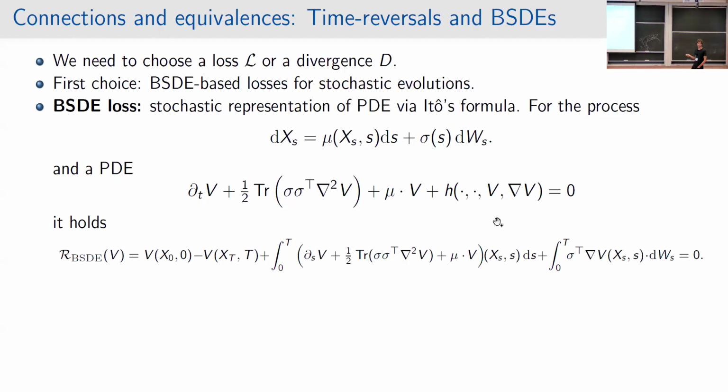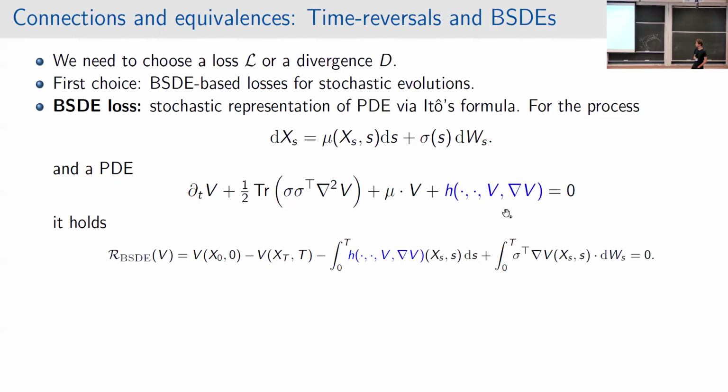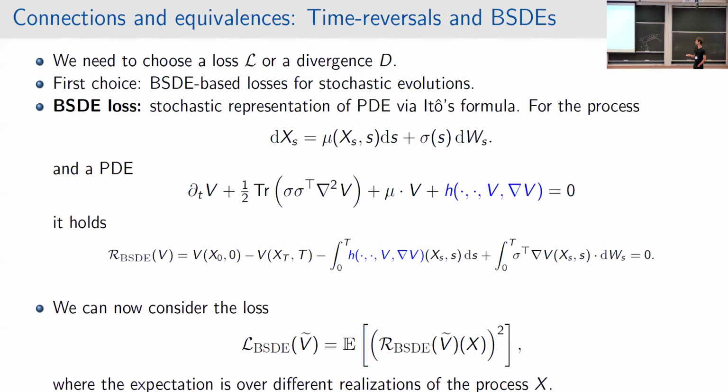So that's the cool thing. It can consider nonlinear PDEs of that form. Then basically what I wrote down here is simply Ito formula. And now I can replace basically this thing here with the H from above, and I get this, right? And now the cool thing about this is that no second order derivatives appear anymore. So basically I traded my second order derivatives with the Brownian motion term here, which might be nice from a computational point of view. And now I can simply say I define a BSDE loss that minimizes this residual here,